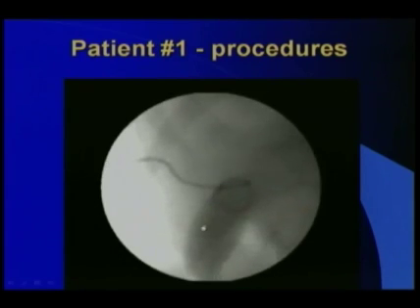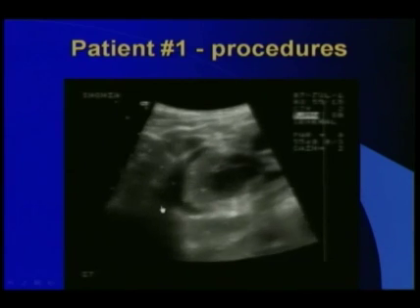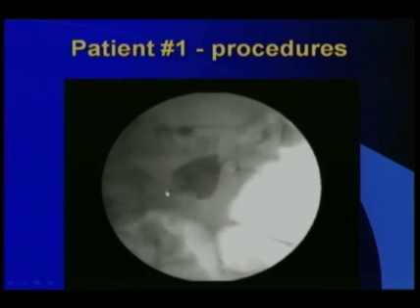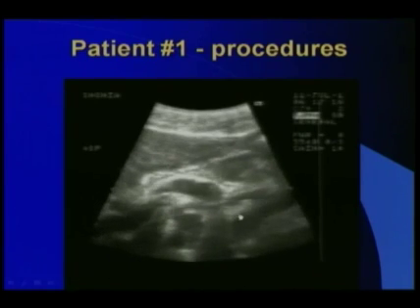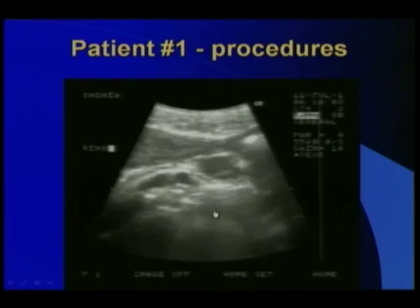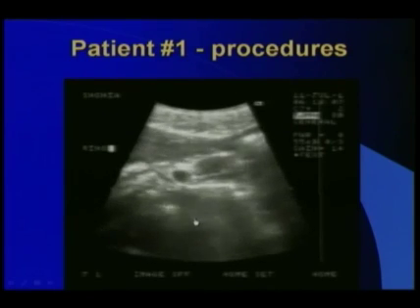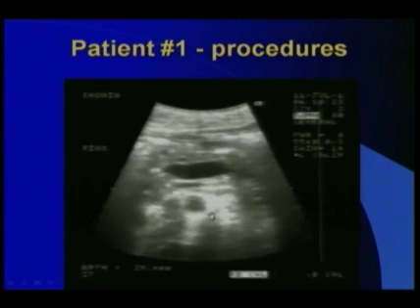Finally, a pigtail catheter is placed in the gallbladder. Now we assess the pancreatic head necrotic fluid mass, which is opacified after the catheter placement, and we rinse it on the ultrasound guidance. We see we are injecting saline and aspirating it back. And finally, we perform to this patient